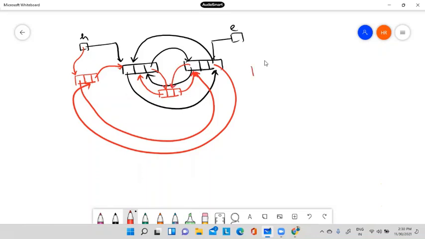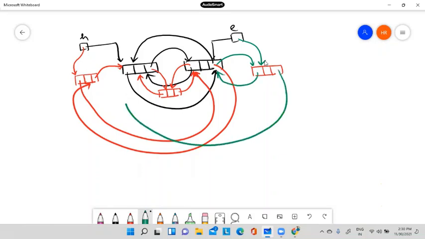If I insert at the end, then this will point to this, this will point to this, this will point to this, and this will point to the front.